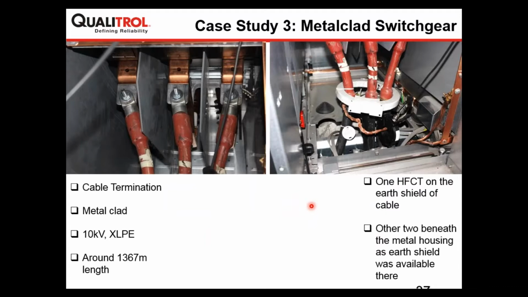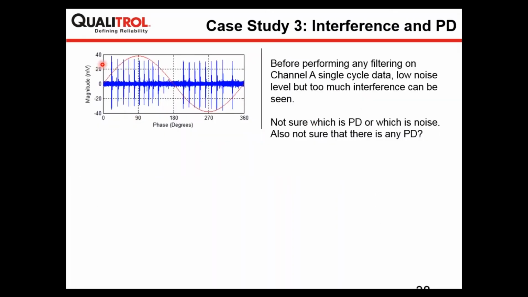So we were performing partial discharge testing at the high connected near the cable termination. Again, this is just a single cycle of data where you are seeing a bigger pulse, and if you are just relying on the magnitude, you might say, oh, I have got a partial discharge, but this can or cannot be partial discharge. It depends on the actual analysis. On the same cycle, you are also seeing some smaller pulses here, which at this stage we cannot confirm. But after performing the filtering, categorization, and the analysis on the recorded data,